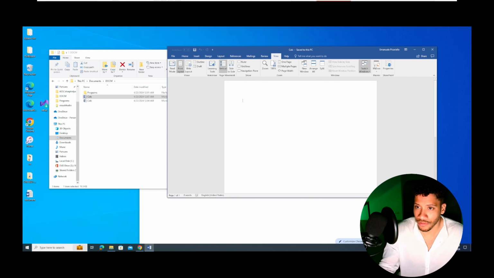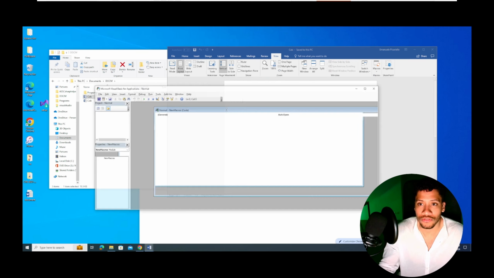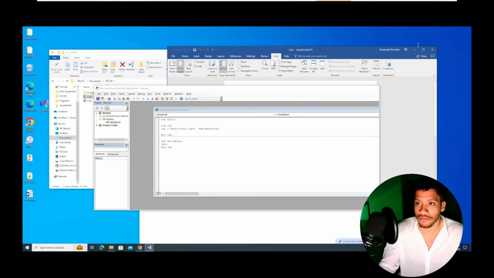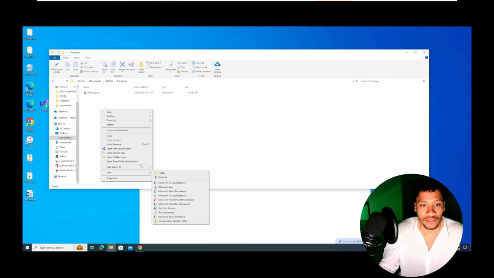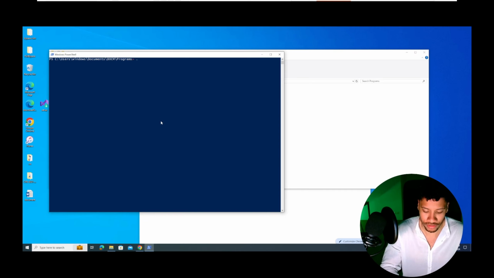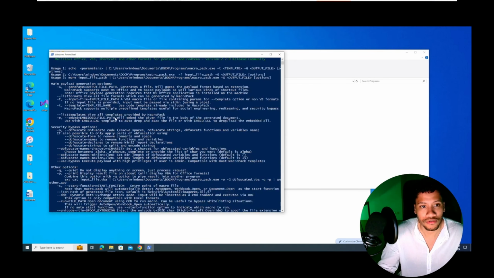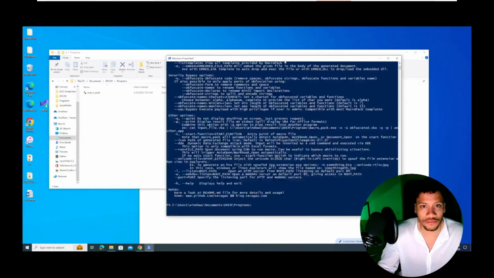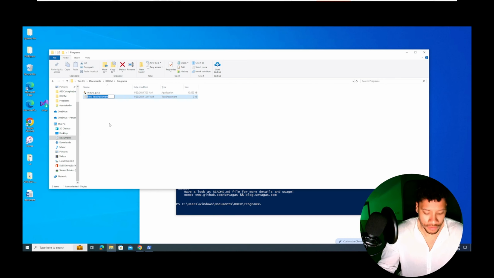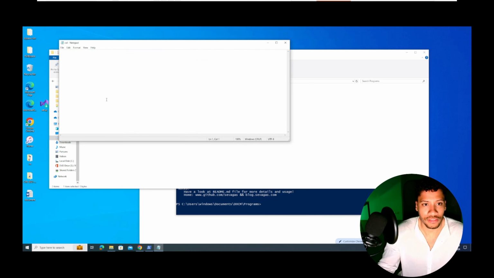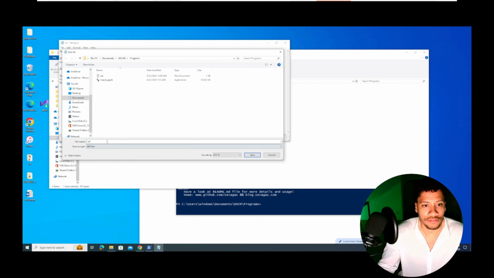Now I want to show you also how you can do the same steps without going through Microsoft Word, particularly with an external tool available on GitHub, which is called macropack. Let's start to use it for a second and see the options with that dash help. And as you can see, there is also a repository, but firstly let's just copy the script, and after we are going to take a look at the repository and see what command is the best for us in this case. So let's just save this file as a VBA,